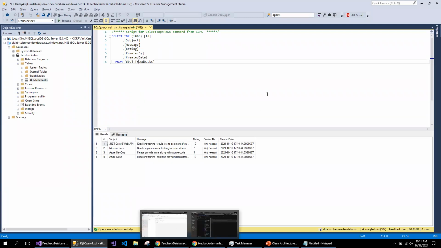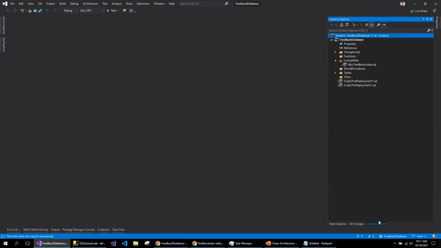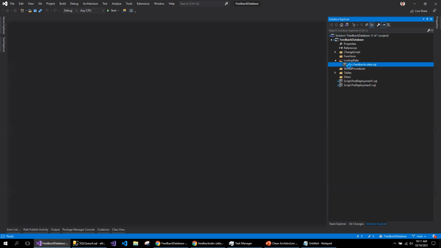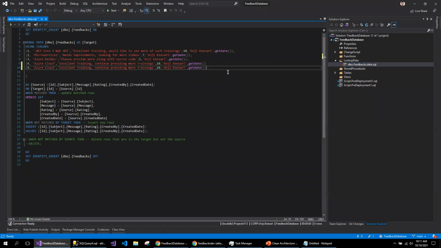So how do I prove that this database is working as expected? What I can do is add a small change in the lookup data table and see if my build pipeline is still working as expected. So I'll add one additional row and see if that still works.